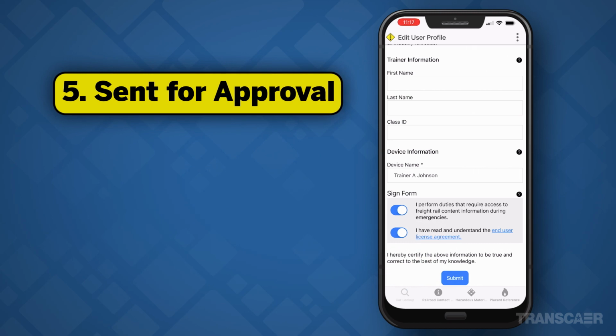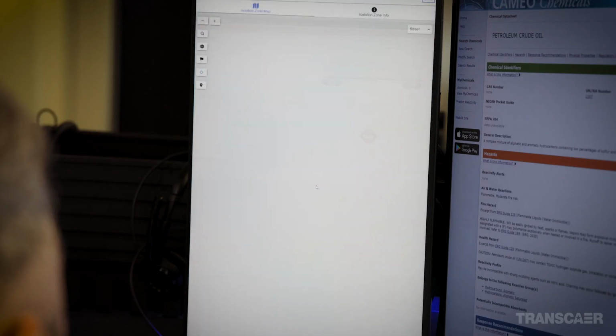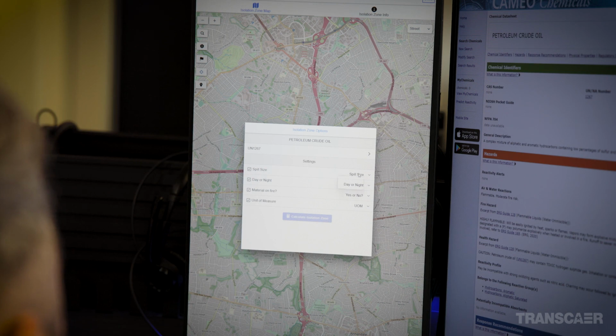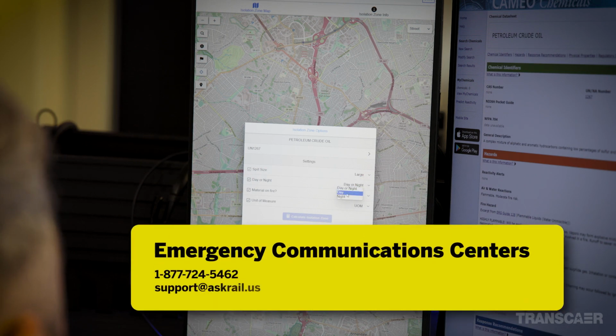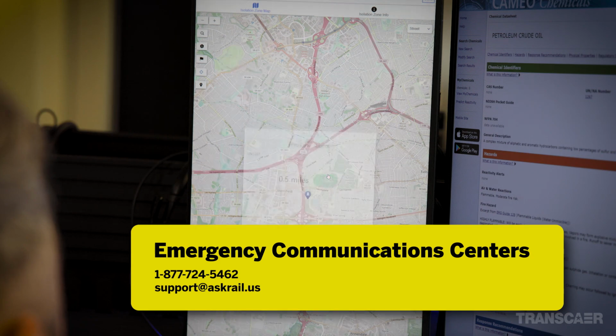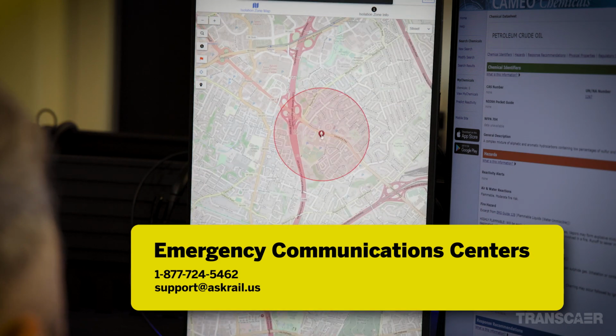5. Once you tap the Submit button, your application will be sent to the railroad for approval. Once approved, the app will be ready to use. If a first responder can't access the app, they can still get AskRail data by contacting their Emergency Communications Center. If you are an Emergency Communications Center and would like a web app version, call 1-877-724-5462 or email